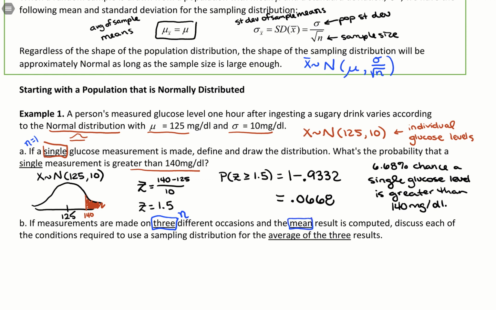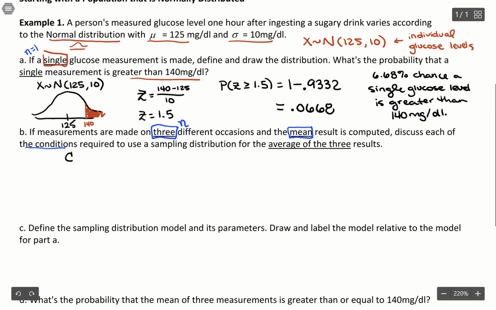So this whole idea of relating a sample size and the average and eventually talking about probabilities with that, that's going to be the setup for these sampling distribution of mean questions. So we'll look for those pieces of a sample size and asking about the average. Now this question asks us to talk about the conditions and if we pass the conditions. So this is really checking our central limit theorem,